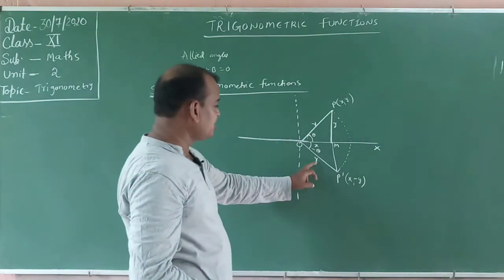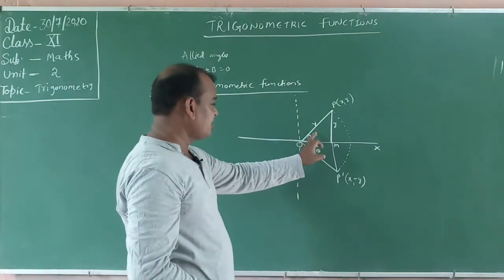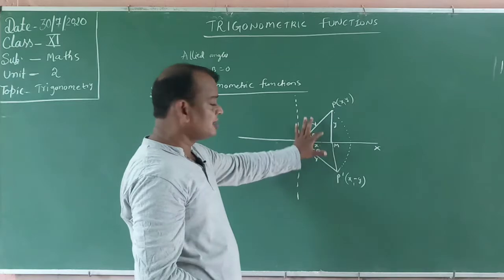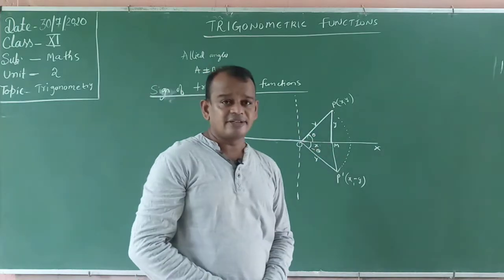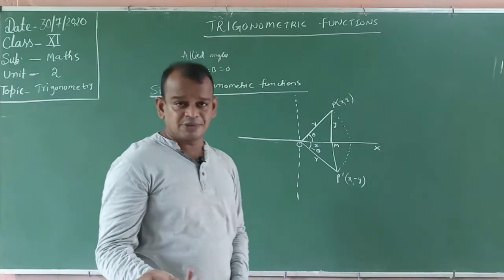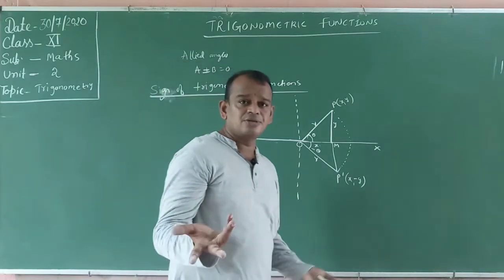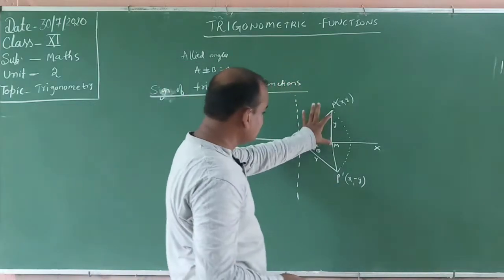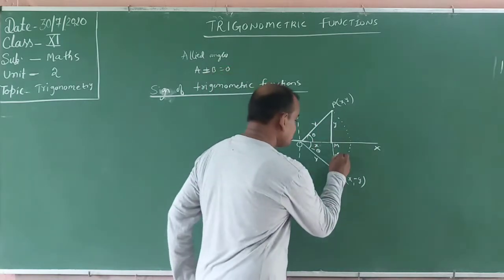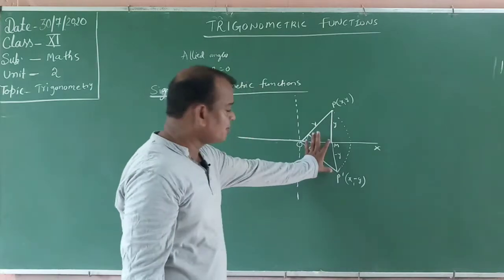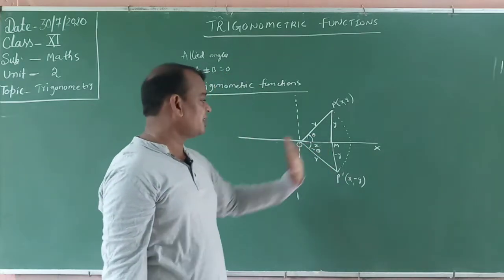This is the radius, this is the radius, this is the side. Side angle side means these two triangles must be congruent. That's why, by CPCT, the remaining parts must be equal. This one is also equal, but different in sign. This is y, and this is minus y. The length is the same, but the indication is minus y.